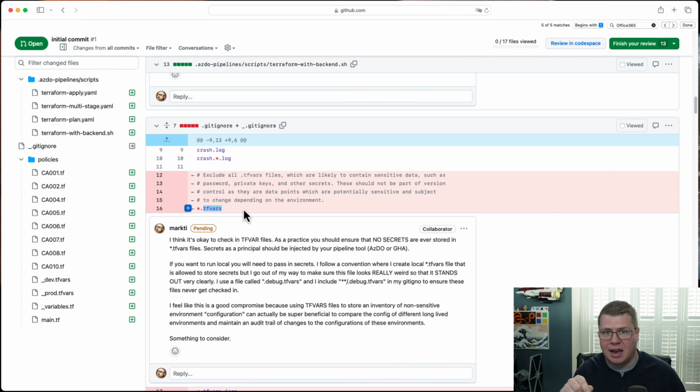Anything that starts with .debug should not be going into source code ever. So that's where I put all the secrets, and I make sure that in my .gitignore file, anything .debug.tfrs is excluded from source control always. So I feel like this is a good compromise, because there is a very valid use case for long-lived environments